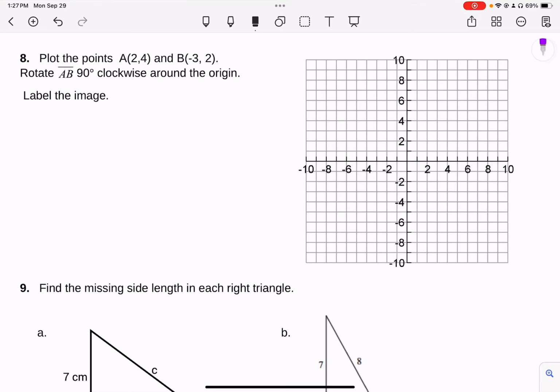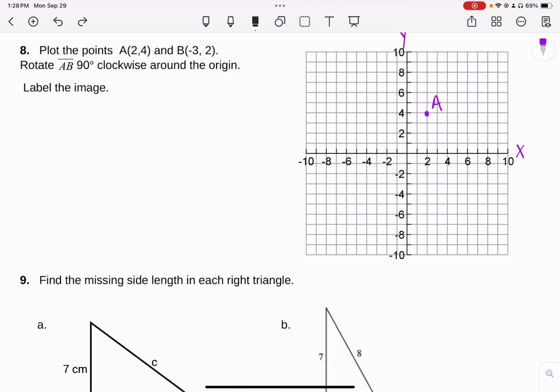Okay, last page. So question number 8 says plot the points A (2, 4). So we'll label our axes, and then (2, 4) is A, and then B is (-3, 2). Make sure I put it in the right spot. (-3, 2). So make sure you're labeling those points, and then we are going to rotate it clockwise 90